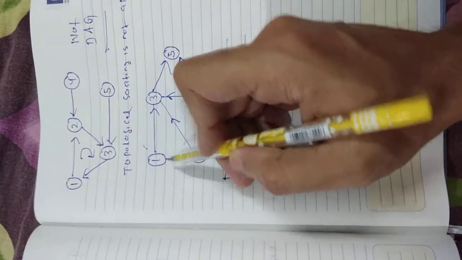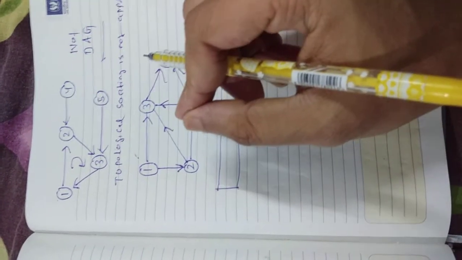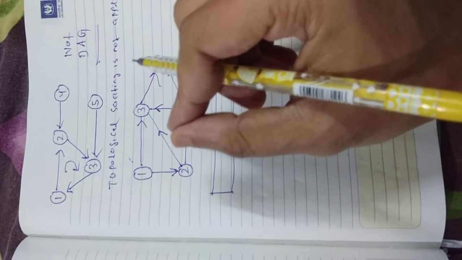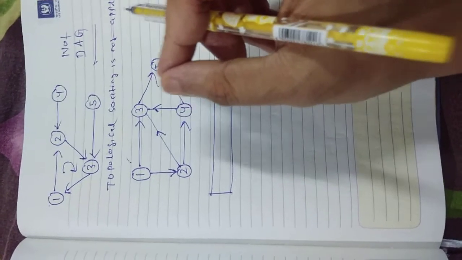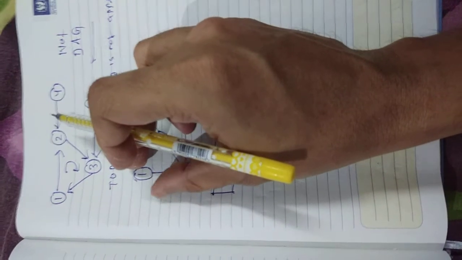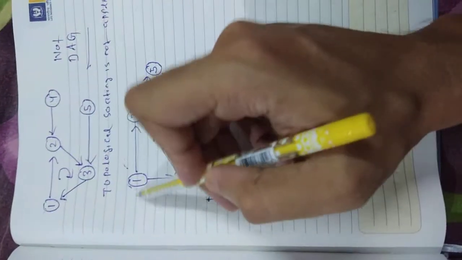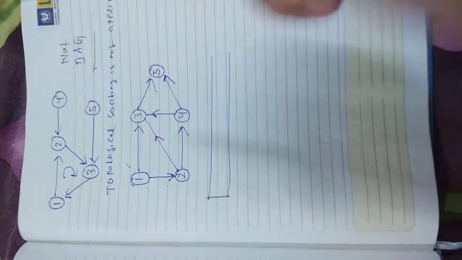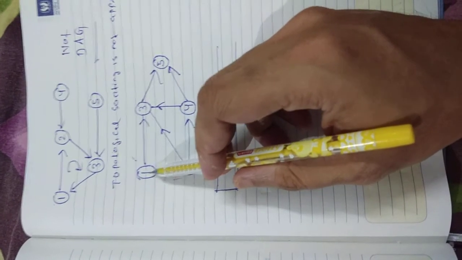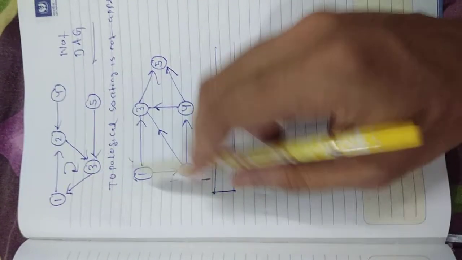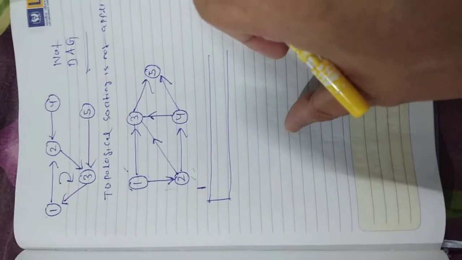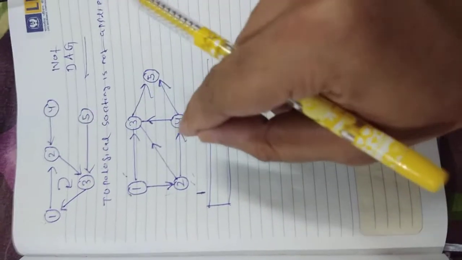Suppose the starting vertex, I already said that for topological sorting it is better to take a vertex which has in-degree 0. For this vertex, no edges are incident into the node, so the in-degree of 1 equals 0 and the out-degree equals 2. So I am starting with 1. Then the adjacent vertices of 1 are 3 and 2, and we can take any one. Sometimes we also find different topological orders, but the dependency is maintained.